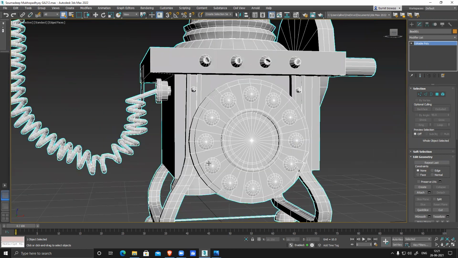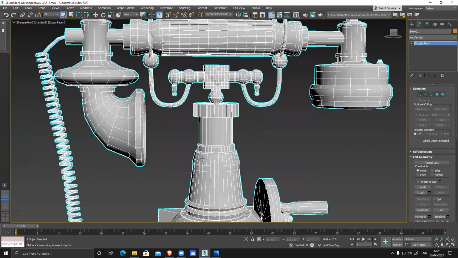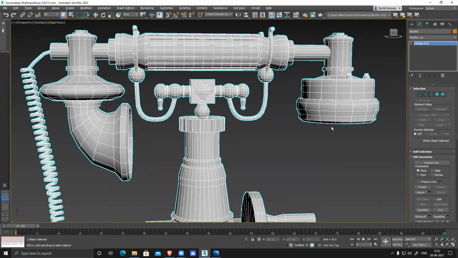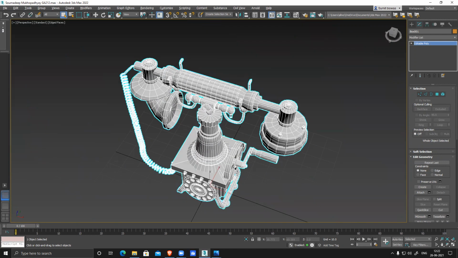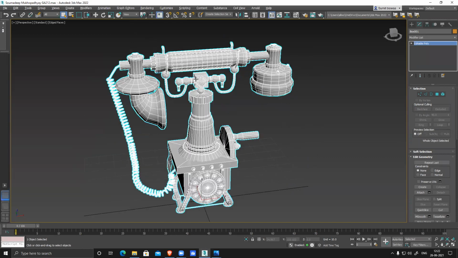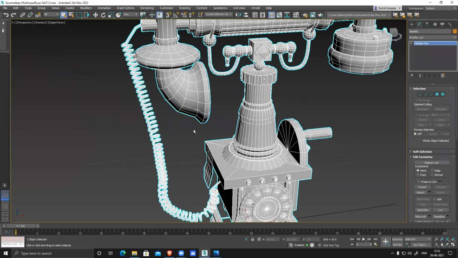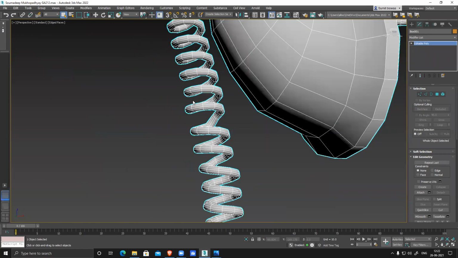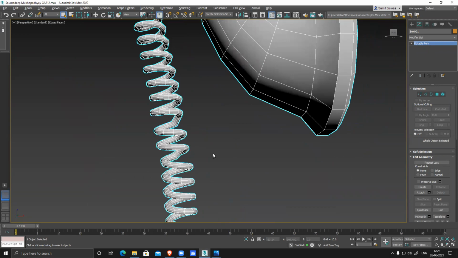If possible, he can add a little more polygons here. This looks kind of fine, but you can add a few more polygons here and make it a little smoother. I don't know what this is, but this is kind of fine.